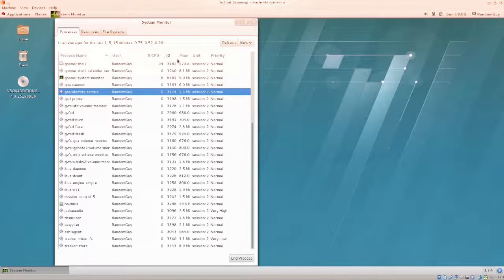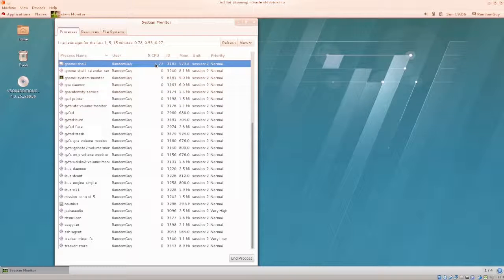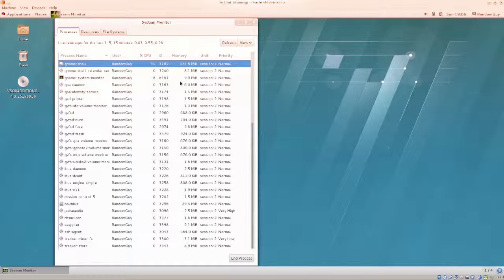And in addition to that, we have the amount of resources that our current processes are consuming. So you can see most of them are pretty much idle. But this one, the GNOME shell, is consuming 32% of the CPU, and has this ID, which can be used to actually kill the process. And then we have 573, what is this? Megabytes, I think. Hold on, let me just expand it. Yep, it's 573 megabytes of RAM,